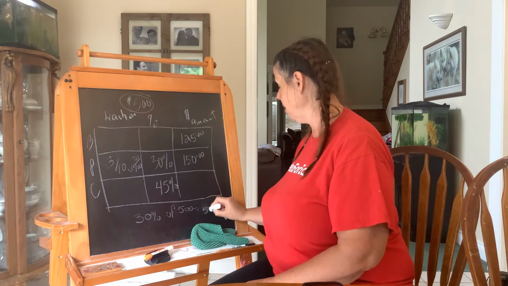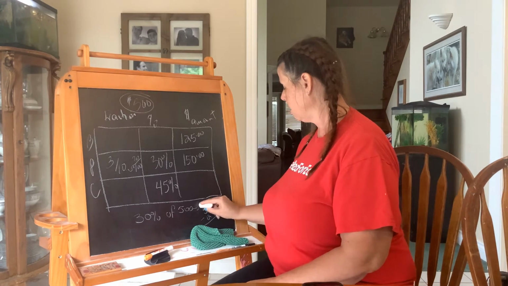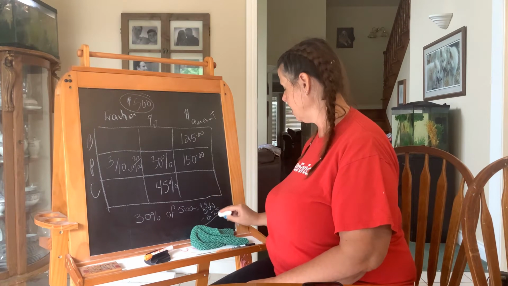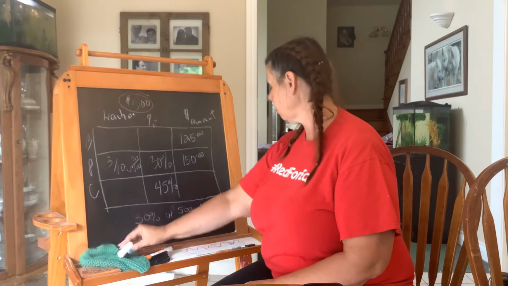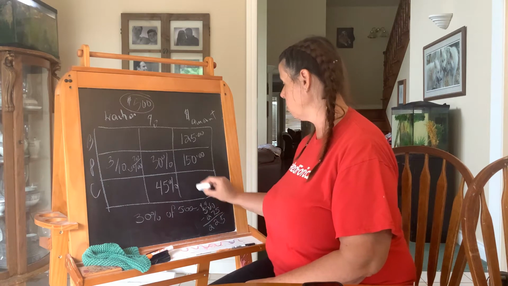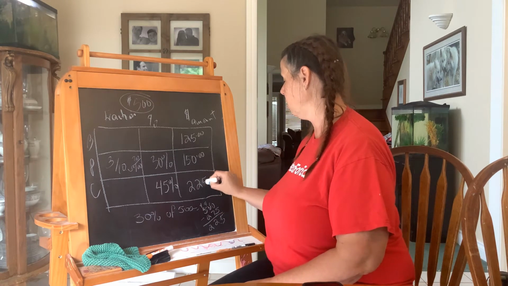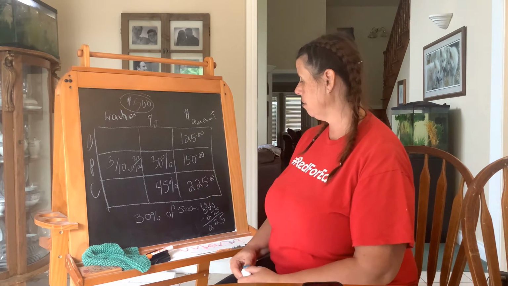So if I take 500 and subtract 275, that's a 4, that becomes a 9, that's a 10. 10 and 5, take away 5 is 5. 9 take away 7 is 2. 4 take away 2 is 2. So that means $225 was spent on canvases. Now,